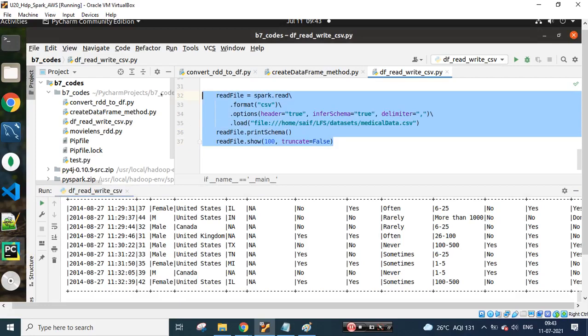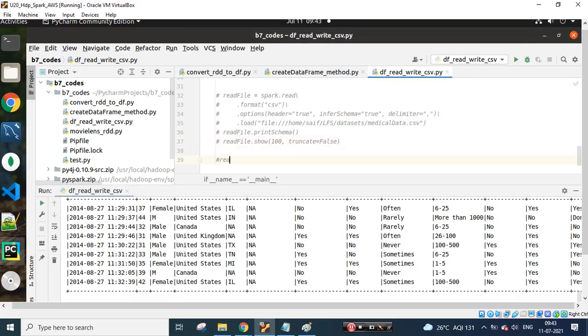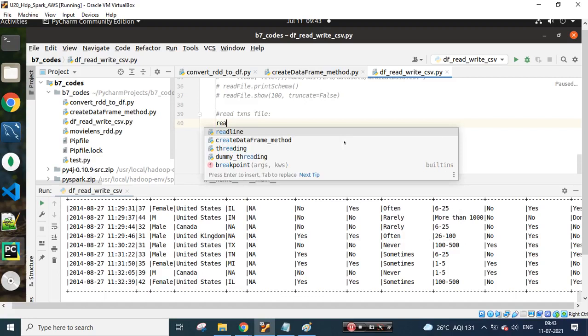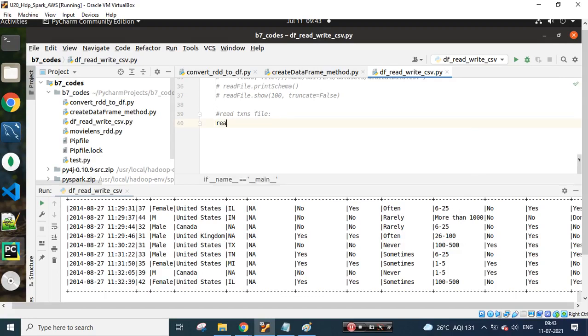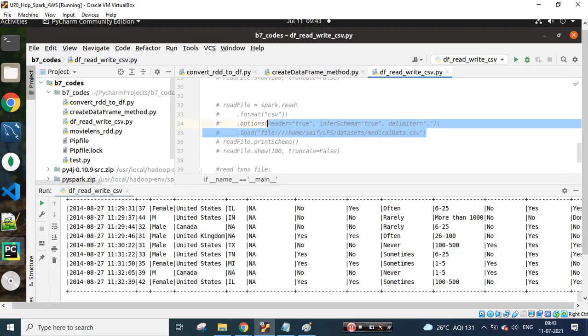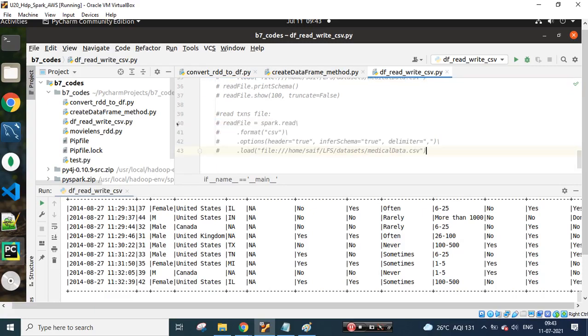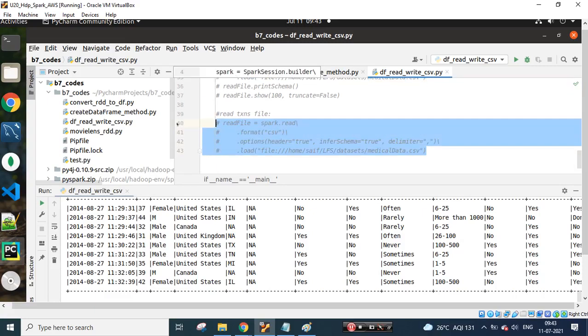Okay, so let's do that. I'll comment this out. Let's say, read transactions file. Let's go a little to the top. I'll quickly copy that to save a little time, with Control C, because I have already shown it, so you should be able to do those things now. If you want to select all this and uncomment, use Control